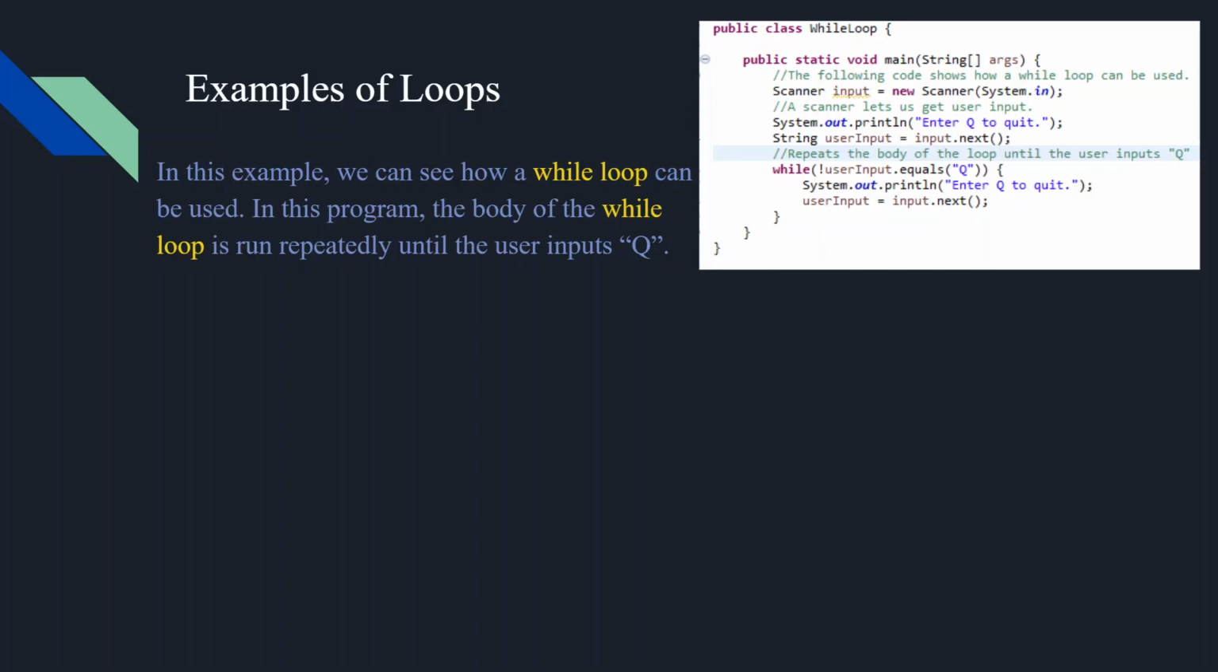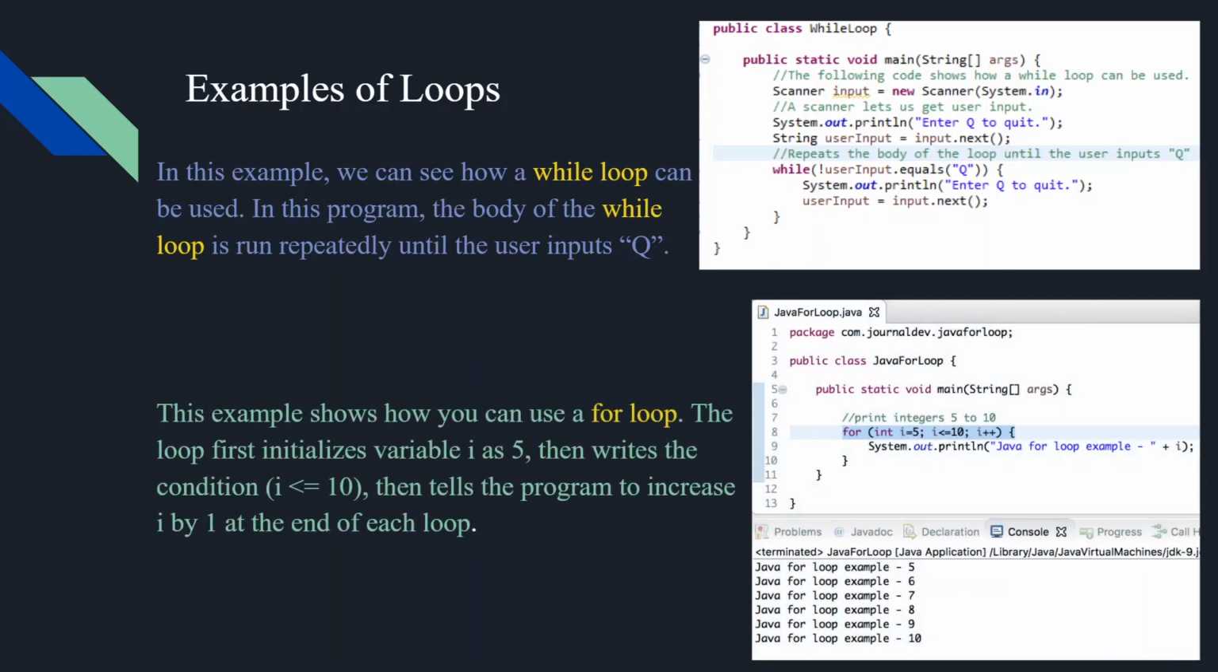In the second example, we can see a for loop being used. In this case, the loop first initializes variable I as value 5, then tells the loop to continue while I is less than or equal to 10, then tells the program to increment I at the end of each loop. As you can see in the output, this program starts with I equal to 5, finds that I is less than 10 and enters the loop, prints its statement, then increments I and repeats this process until I is